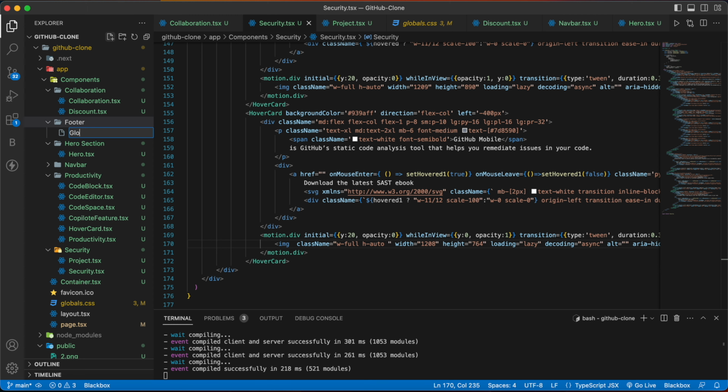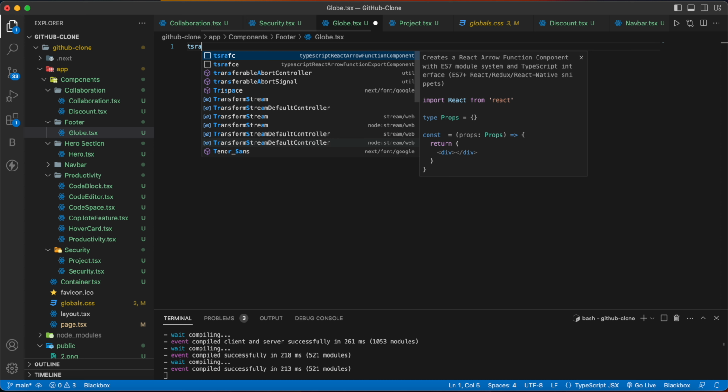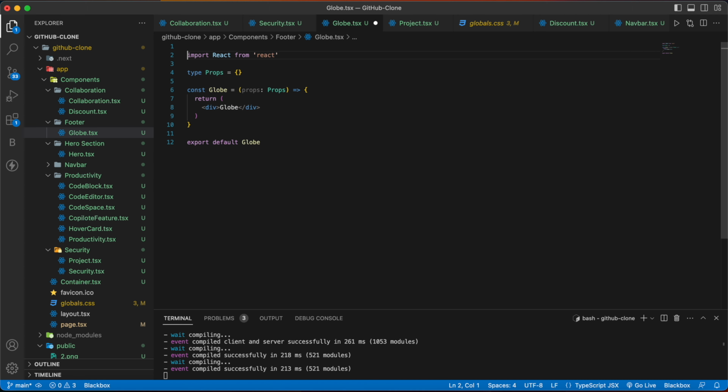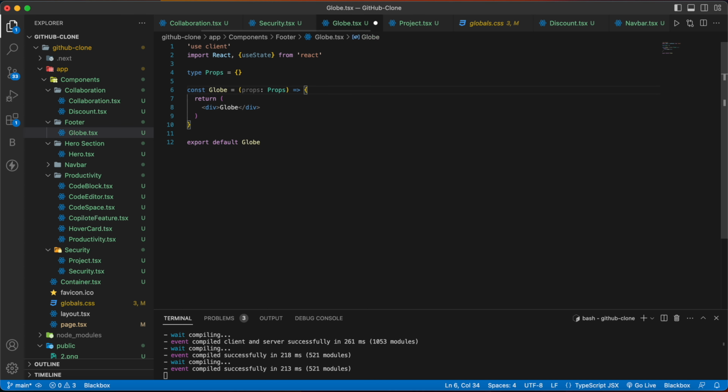let's make a file named globe.tsx. tsrafce. Now inside that, first we have to make it a client component. Then we have to import useState. And inside the function, we have to make two states,